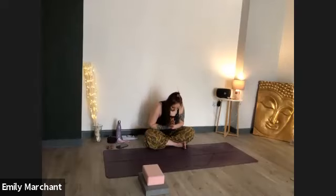And gently releasing the hand, inhale through both nostrils. And exhale. You can place the hands onto the heart space, find Anjali Mudra or prayer or anything else that you wish. As we inhale, let's lift up towards the sky, sitting tall. And as we exhale, just taking a bow down to the earth, a bow to ourselves, thanking our body, our